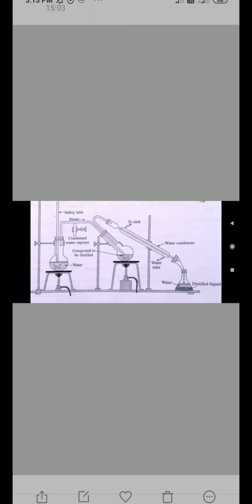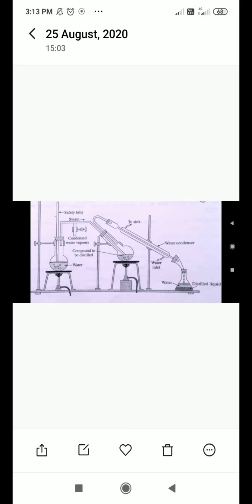Or for example, in the case of water, you take water in a beaker. Okay, what is the boiling point of water? The boiling point of water is 100 degrees Celsius. Okay, 100 degrees Celsius. Before that, at 50 degrees Celsius, water starts producing some vapors on the surface of